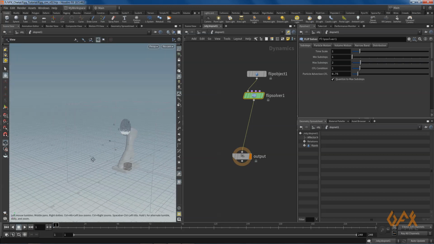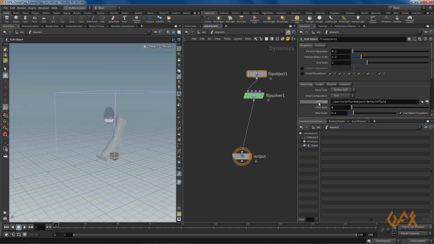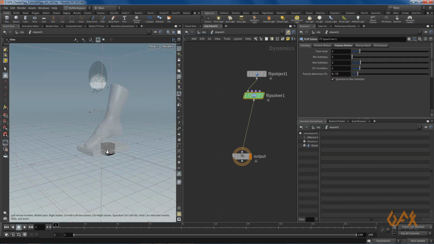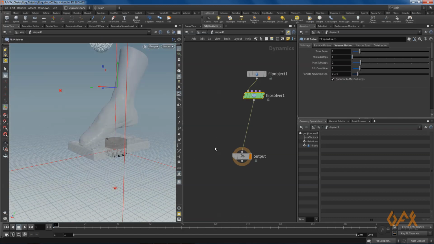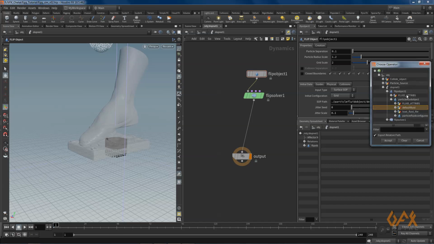Okay, so that's good for now. Now the thing is that in your flip object you need to change something, like over here you get this box type of object. So I select this thing and I need to define the source.